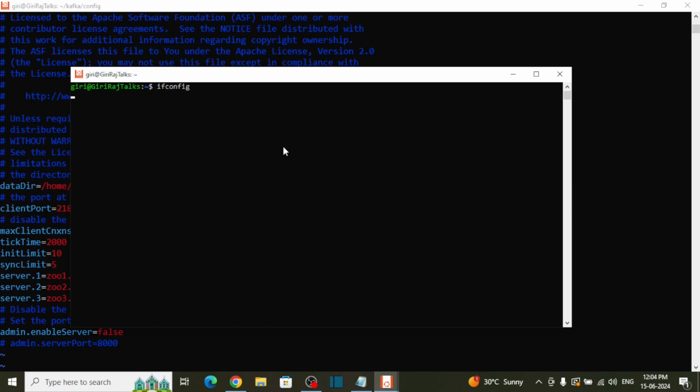Here we need to set the IP address, our local IP address. For that I am checking in the Ubuntu terminal. I have taken another terminal. In this I type ifconfig, but actually the ifconfig command is not installed. To install this we need to run this command and